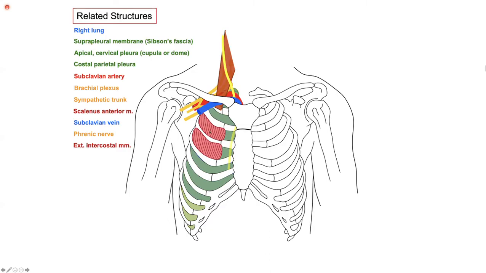This is the top layer. Look at the direction of the fibers. They are going obliquely. We call it external intercostal muscle because this is the one which is on top. And then